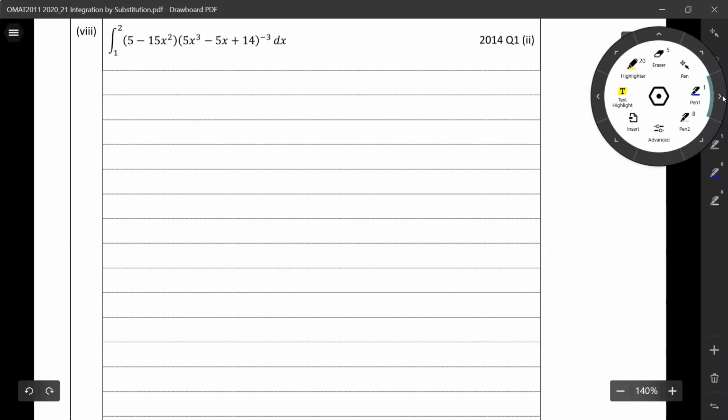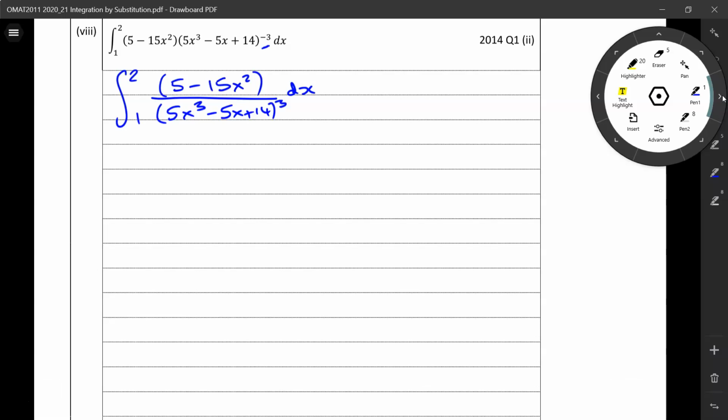In this example, the power here is -3. So in fact, this example starts off as a quotient: the integral of (5 minus 15x squared) over (5x cubed minus 5x plus 14) cubed dx. And then you can rewrite it as the example which you see here, which is equal to